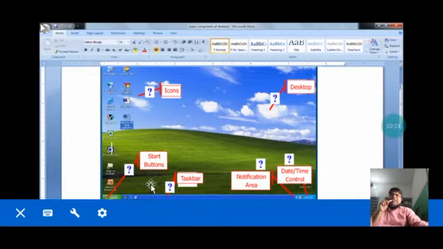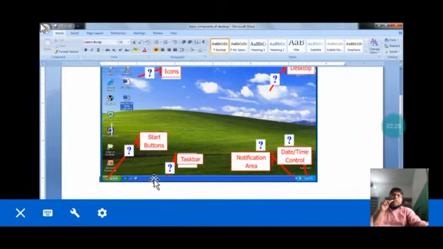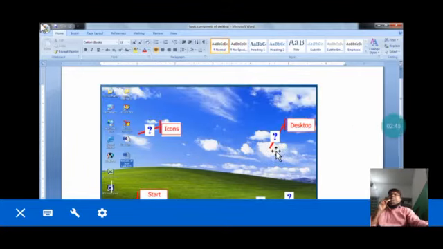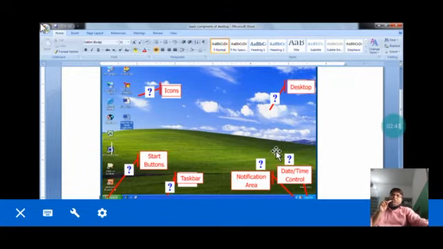You can see the start button. You can see a long bar, that is the taskbar, where all the applications which have been opened by you get displayed. You can see the notification area also at the right side, where you have the date and time control also. Understood? You have read all these before, so I am not going to discuss this in depth, my dear.